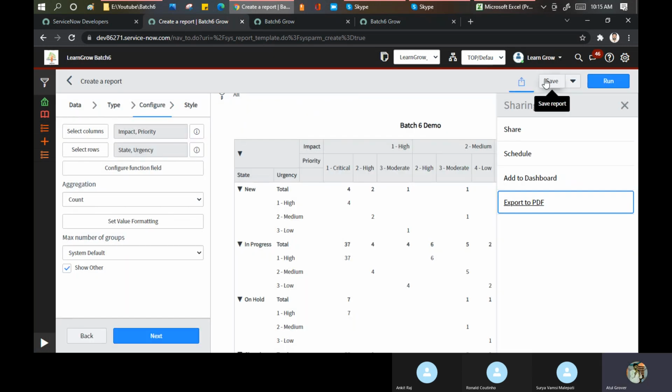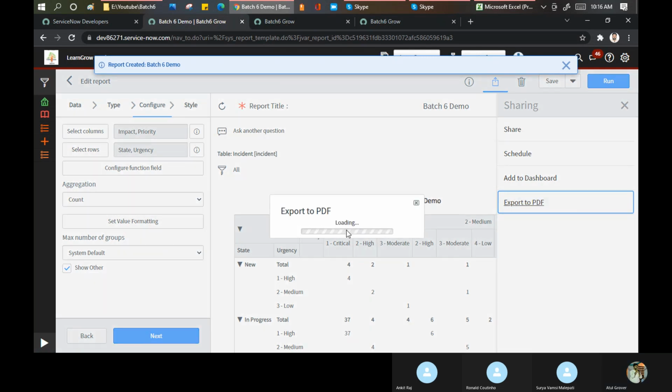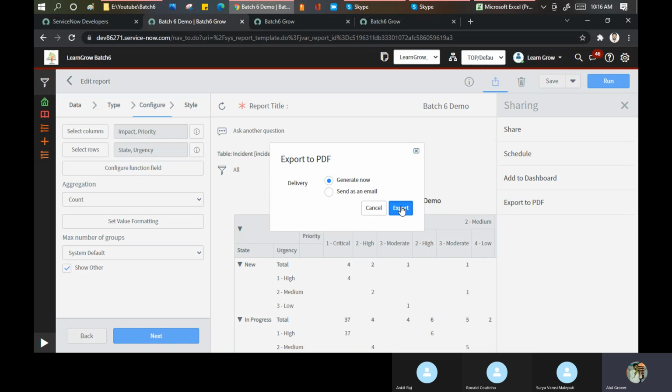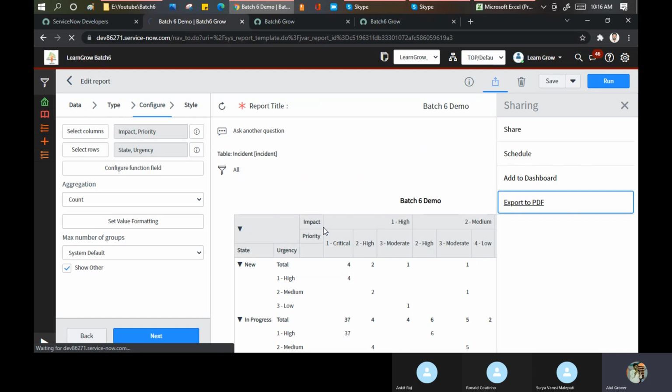इसको पहले save कर लेते हैं. If I did not save, it will be gone. Let me save at least once. हाँ, अब ठीक है. Export to PDF. Export. Now the question comes, maybe you try at your end and you are not able to export this pivot table in the PDF. Then there is a plugin required in your instance. There is some PDF exporter. I forget, approximately a year back I used that particular plugin. So you can use that plugin and then you can easily download these kinds of reports into the PDF.